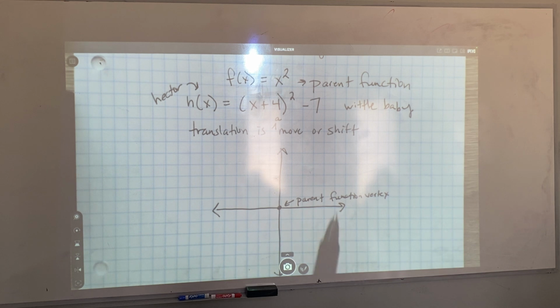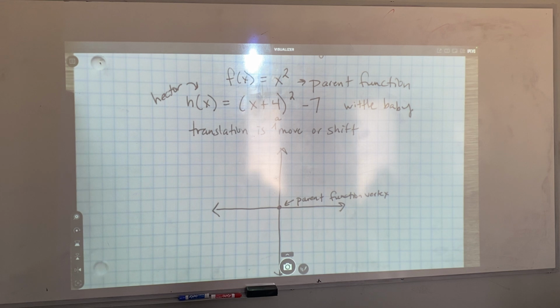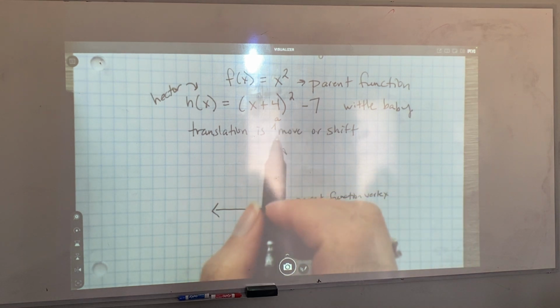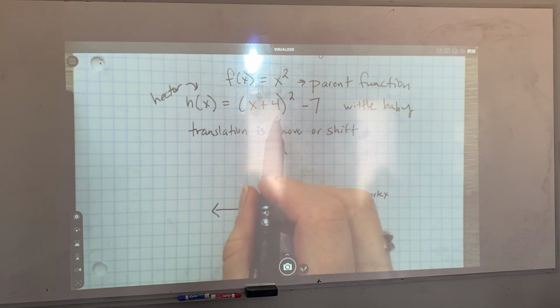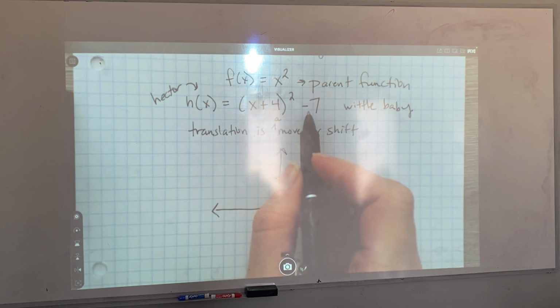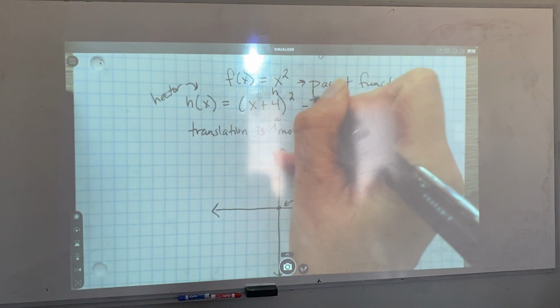What does baby Hector tell us? Or what about baby Hector's function tells us where his vertex is going to be? Yes, that's right. She's saying, well, this is in vertex form, and if that's vertex form, we know the vertex is H and K. If this is H and this is K,